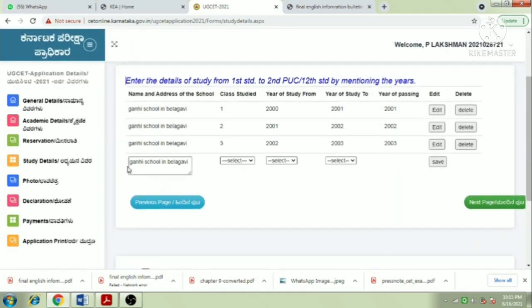After that, if your school name has changed, you have to change the school name. Example, up to 3rd class one school and 4th class another school. Nehru School, for example, and another village also, Arabavi. If you have studied there, you should keep the total address. Okay, 4th class.